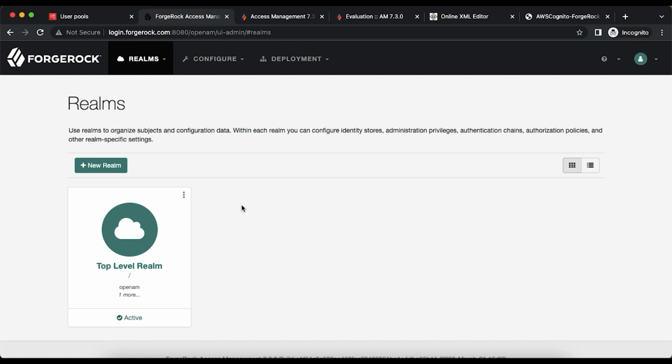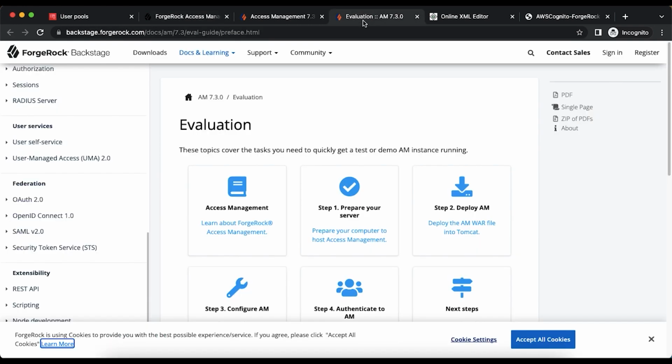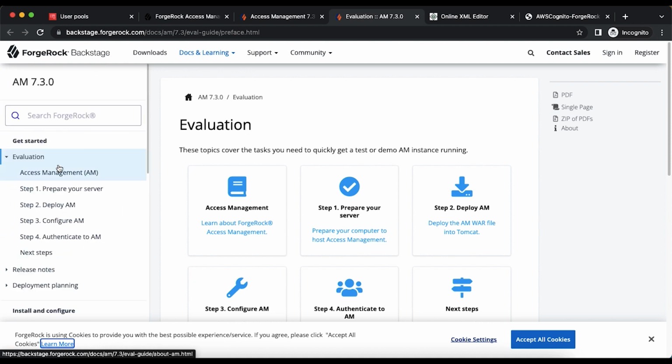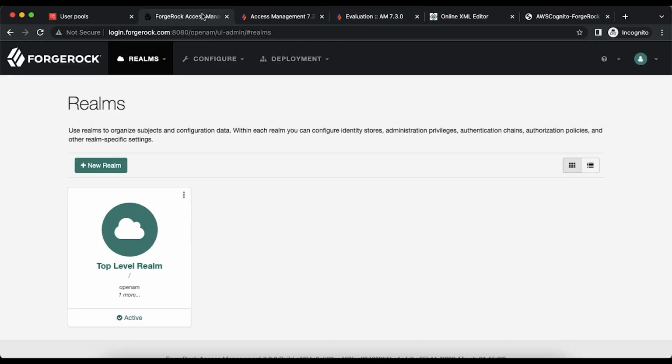I am not going to get into the steps of how to configure AM in your local machine. You can follow the getting started documentation on how to download the WAR file, set up the Tomcat server, the Java JDK, all those things,